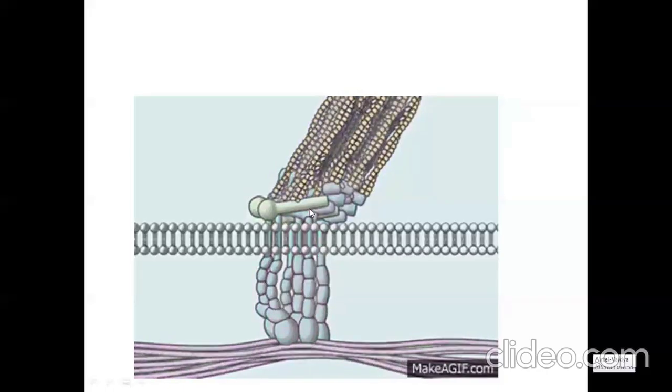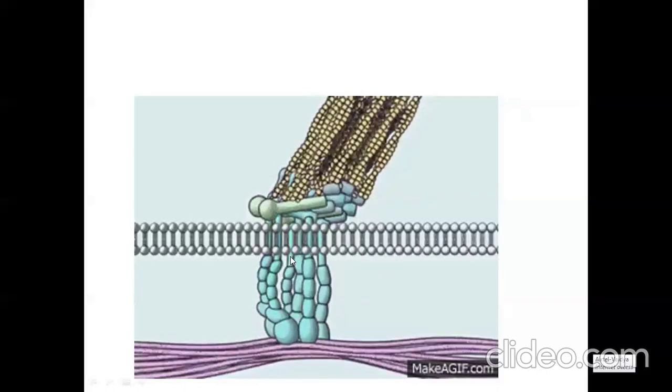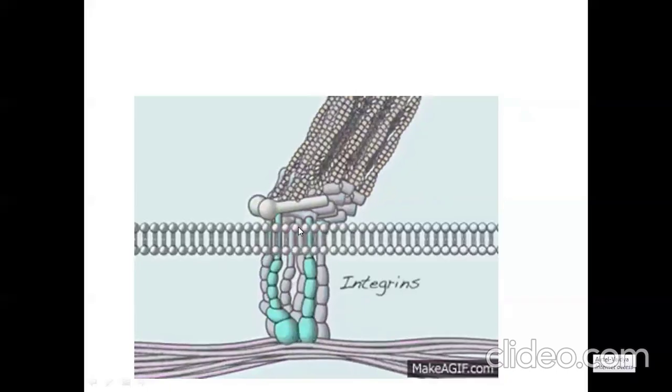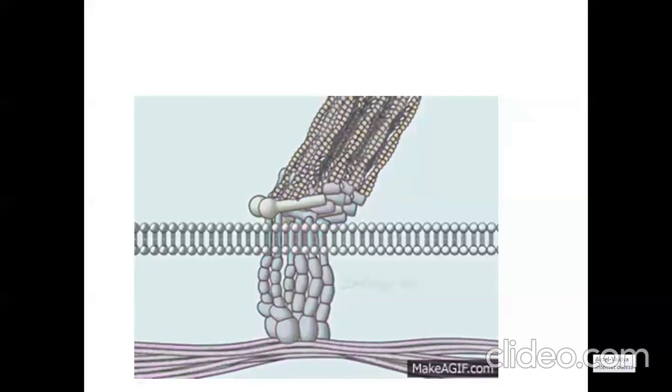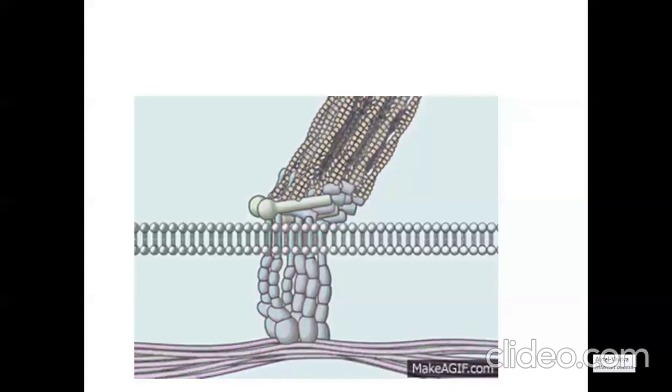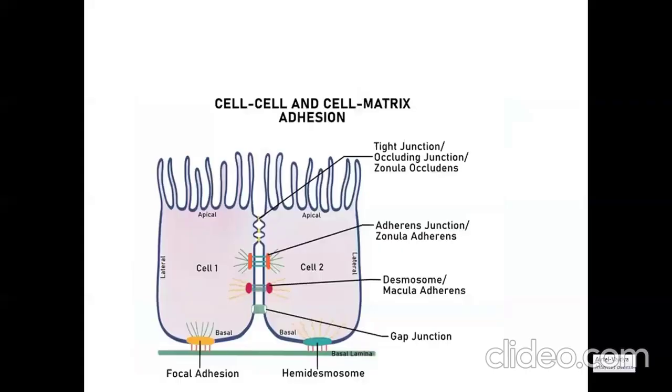So what is this integrin going to do? This is going to communicate or adhere the cell, the adhesion process. Nearby cells will adhere to one another with the help of this protein. See, cell to cell and cell to matrix adhesion. So this is one cell and this is another cell, and these are getting adhered with the help of certain